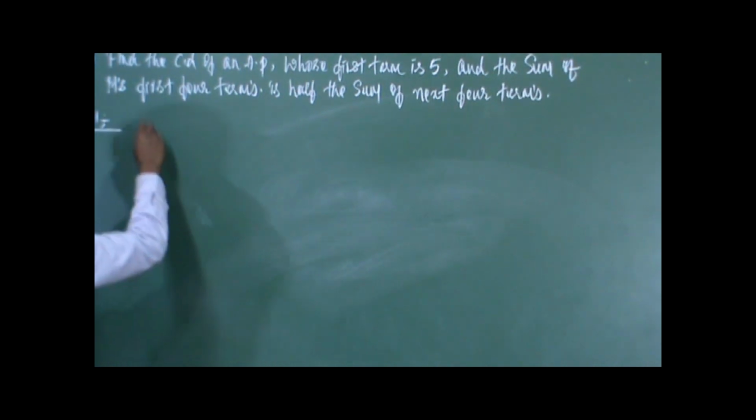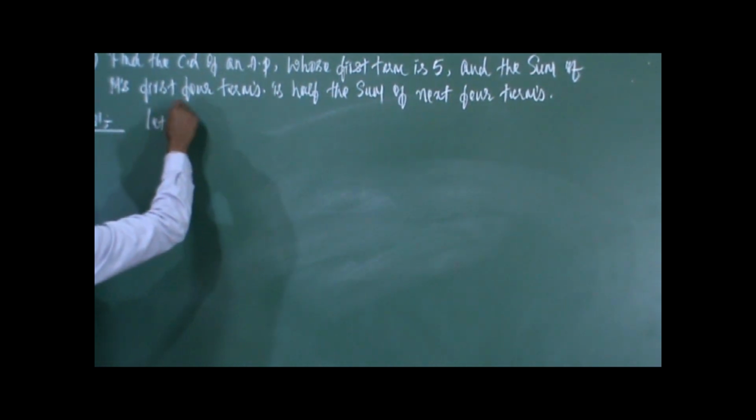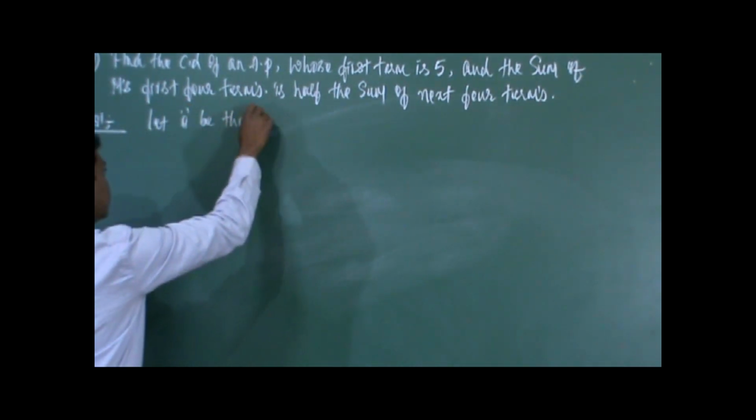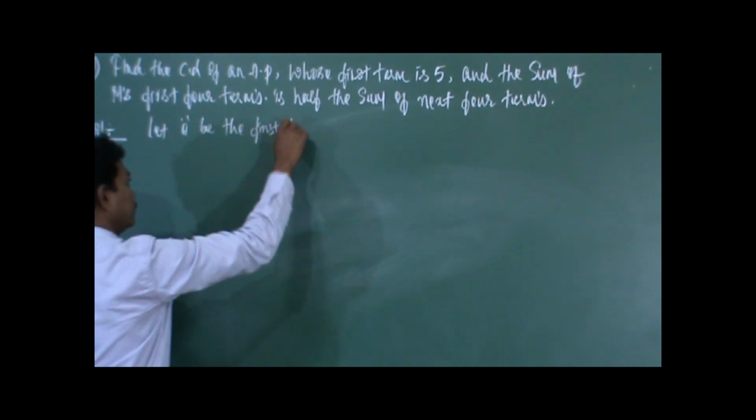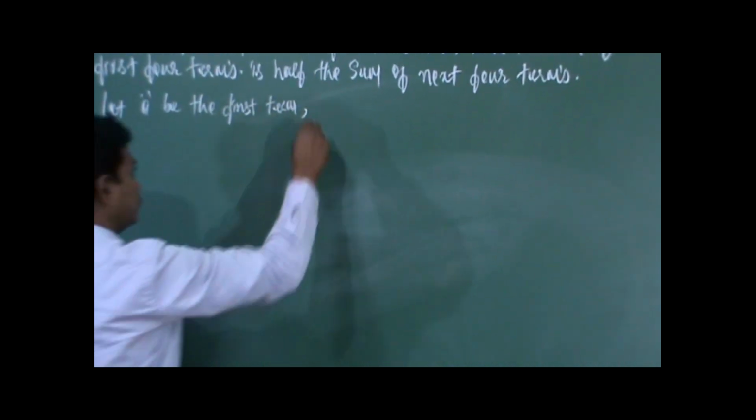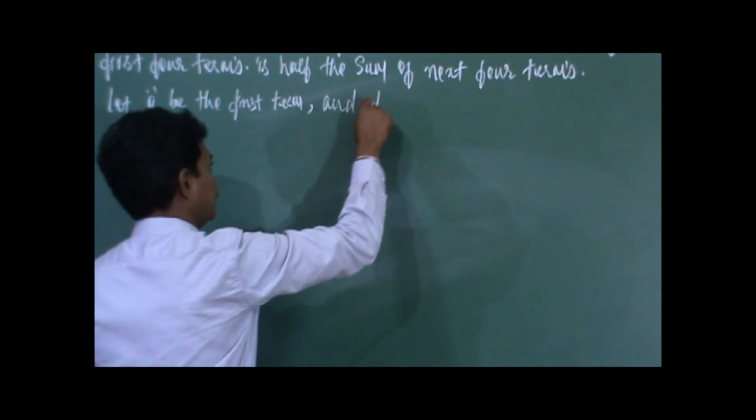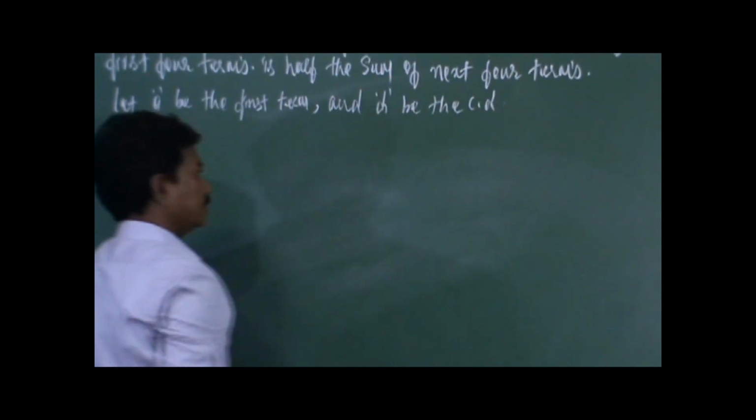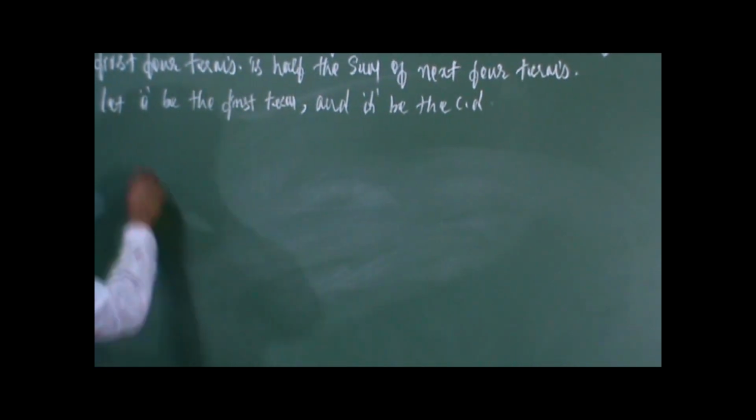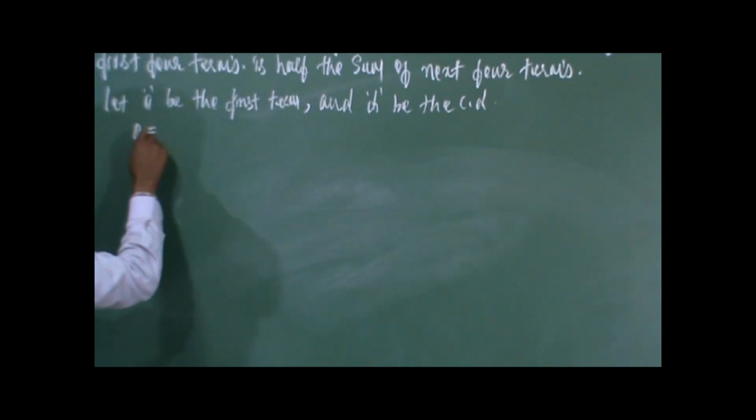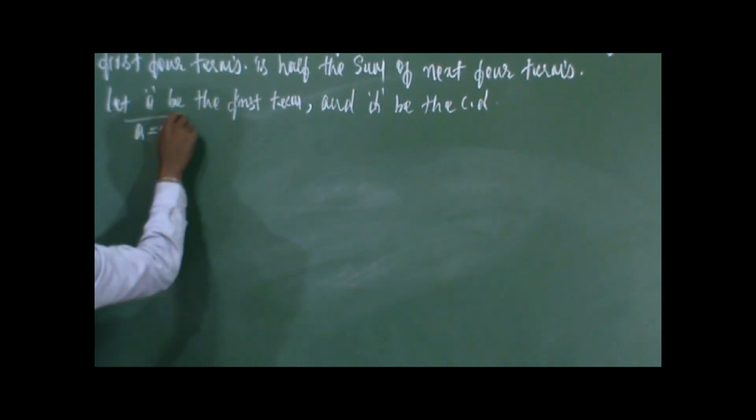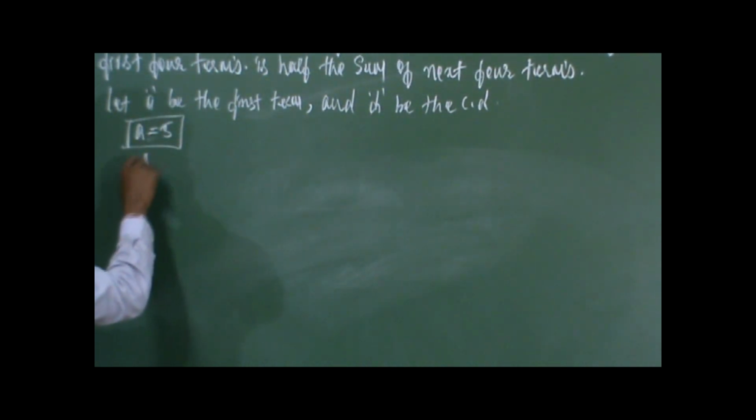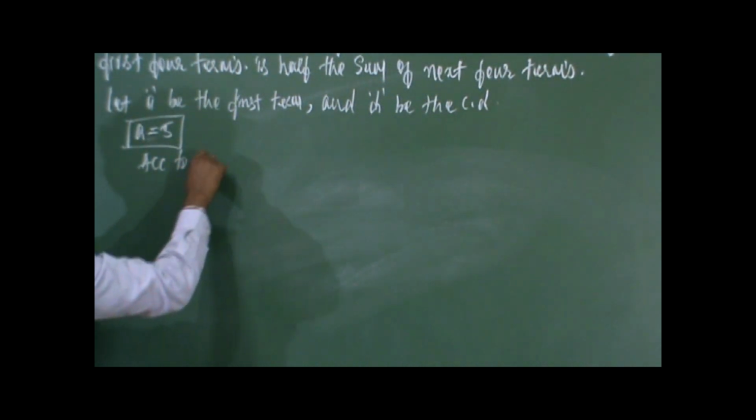So let us write the data. Let A be the first term, because we do not know which is the first term here. Let A be the first term and D be the common difference. So here the first term is 5, given. The first term is 5, and according to the given condition,